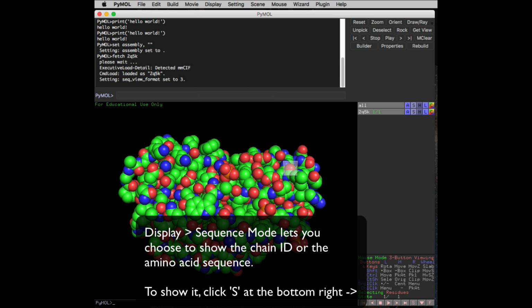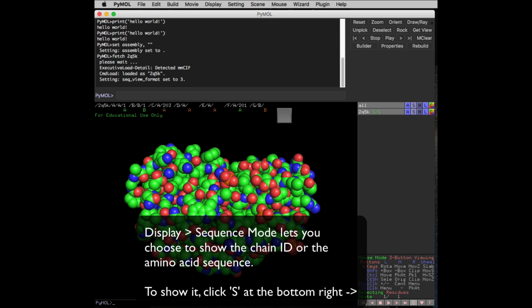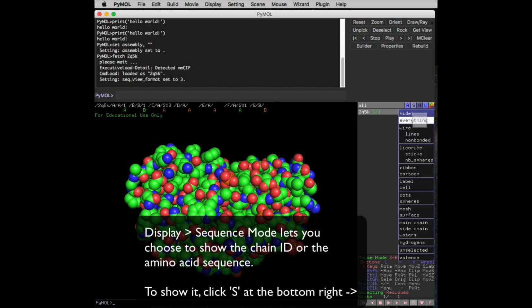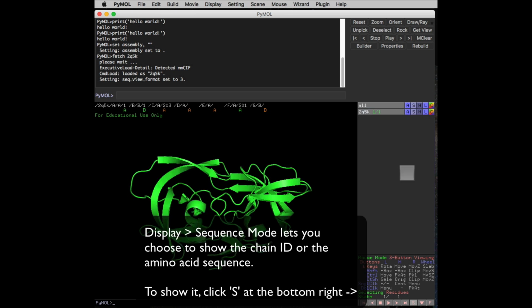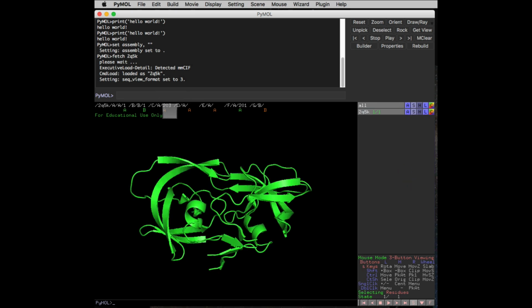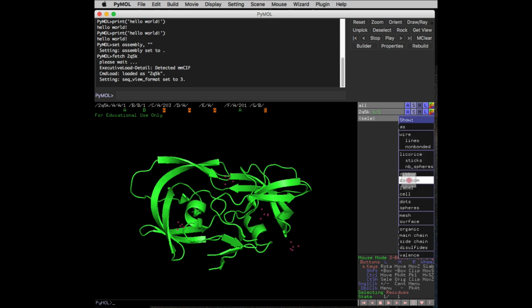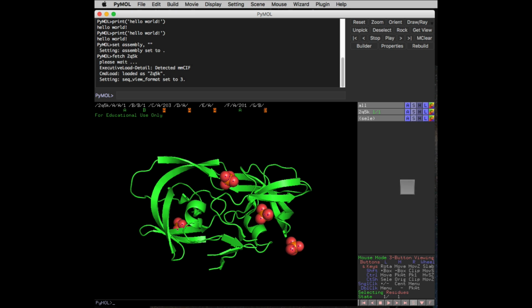Now under the display, we can go to display the sequence, and we can either choose to display the designation of the chains or the designation of the single letter code. So we can see here if we left click those, that's a selection, but in order to deselect we have to click again. So that allows you to select multiple items at once, and you see I selected all of the phosphates. And now I'm going to draw them, and you see there's a selection